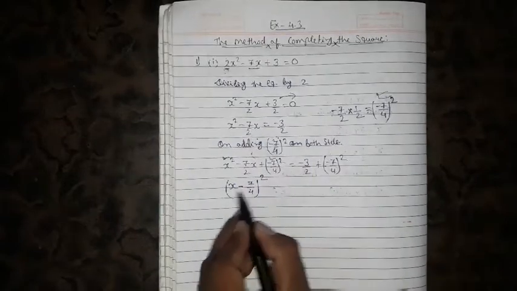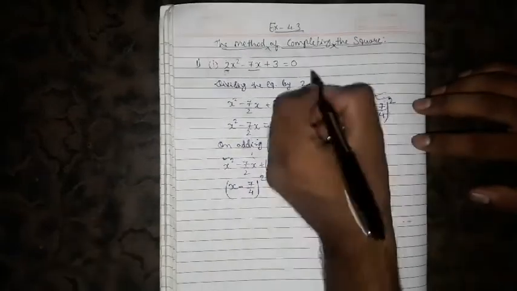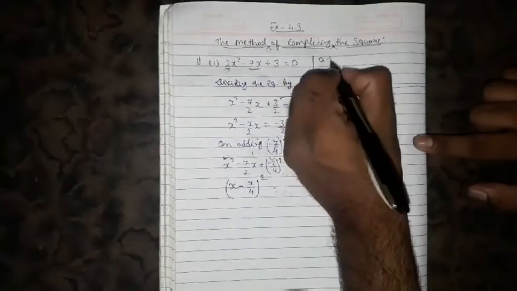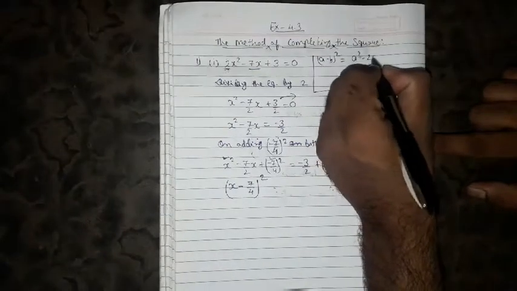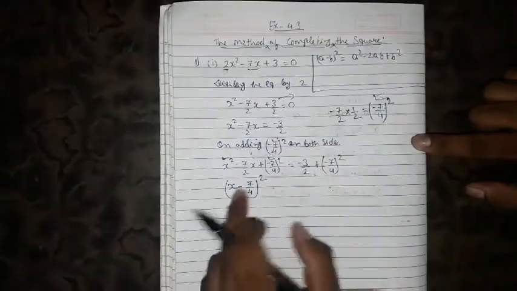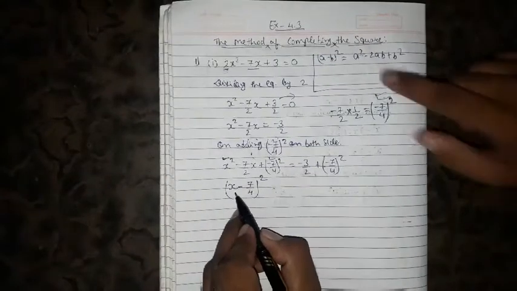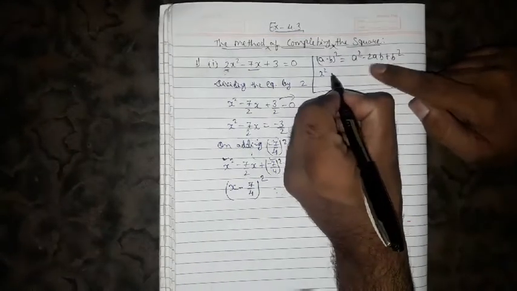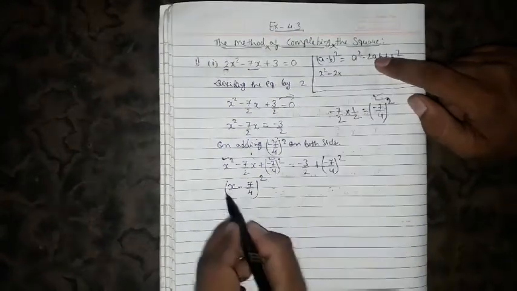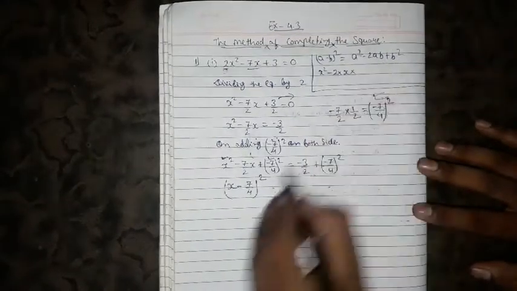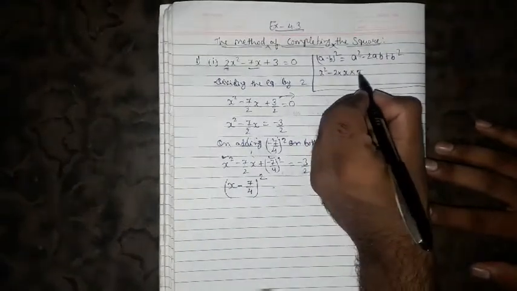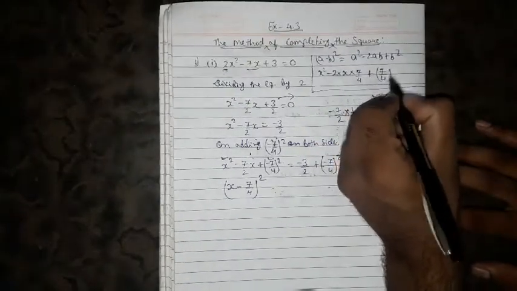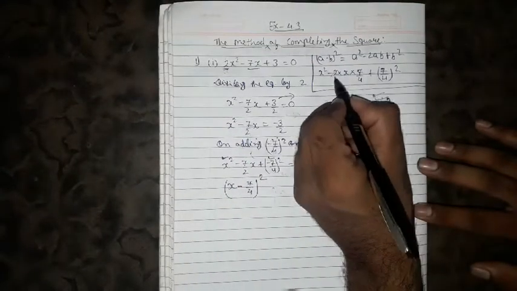Okay, if I solve it by using (a minus b) whole square, just look here. We know that (a minus b) whole square is a square minus 2ab plus b square. So again, if I solve it, I'll get this term. Just look, instead of a I'll take x, and instead of b I'll take minus 7 by 4. A square means x square, minus 2, instead of a I'll take x, into instead of b I'll take 7 by 4, plus b square means 7 by 4 square.